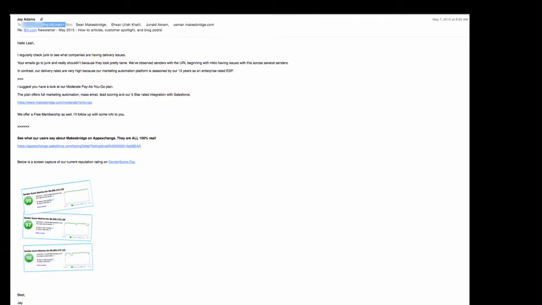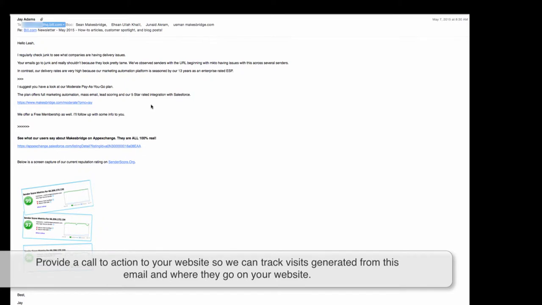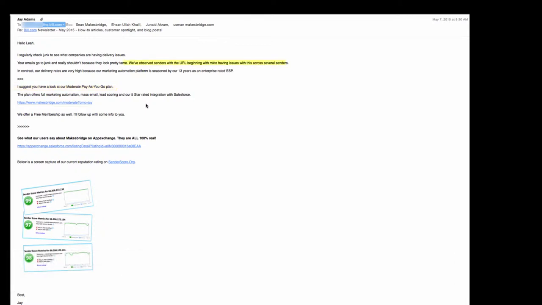So the components of the message, and this does make use of the Makesbridge system, is that you want to provide a call to action link to the individual. In this case, we're explaining that there are some competitors out there that have delivery issues, and then we make a consultative suggestion to them. We're not just hitting them up with, hey, check out our features. We're empathizing with their situation, and we're making a suggestion on what specifically they could do to get some assistance for that. So we point out our moderate pay-as-you-go plan after acknowledging their issue, and we give them a link